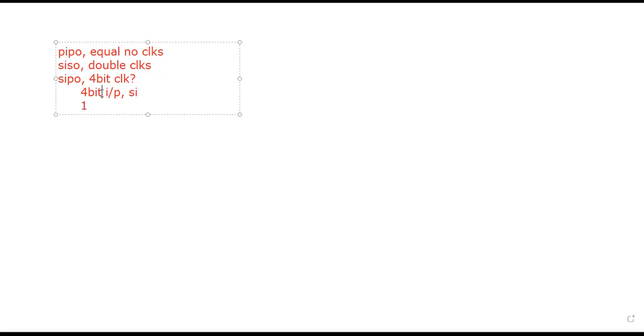Here we required 4 clocks because the input is in serial mode, and 1 more clock because the output is in parallel mode, because it is PO, parallel out. So ultimately we required 4 plus 1, total 5 clocks. Understand? In SIPO. They won't ask you the number of clocks, but you should be clear in your mind. Okay, now let us draw